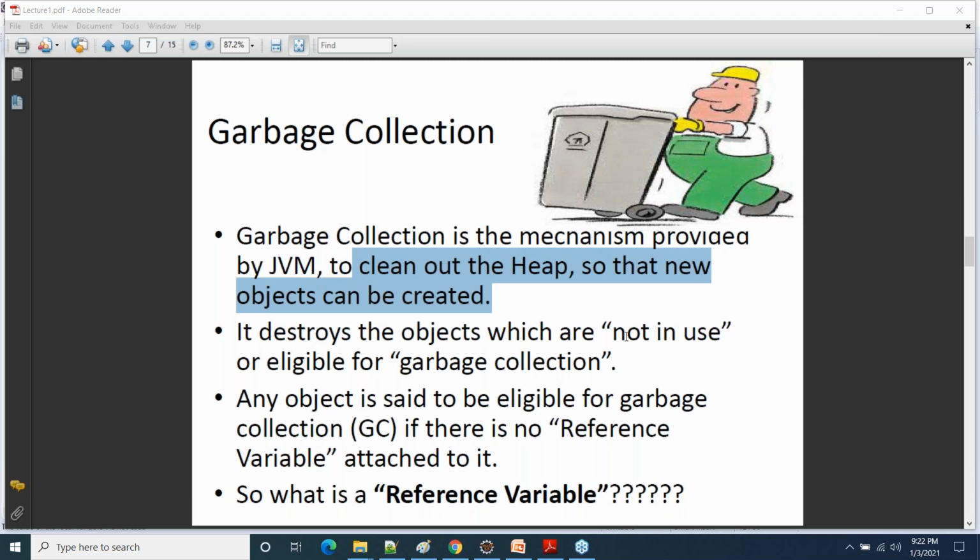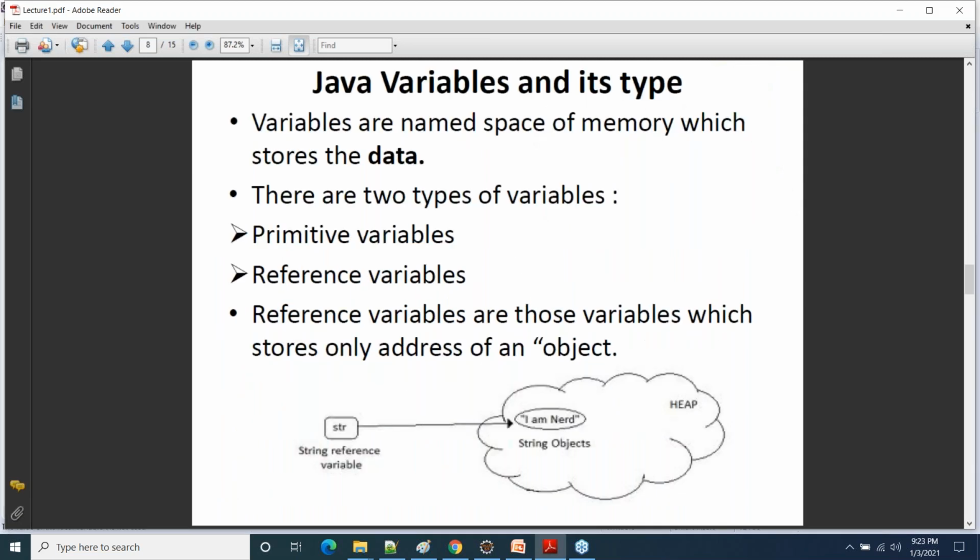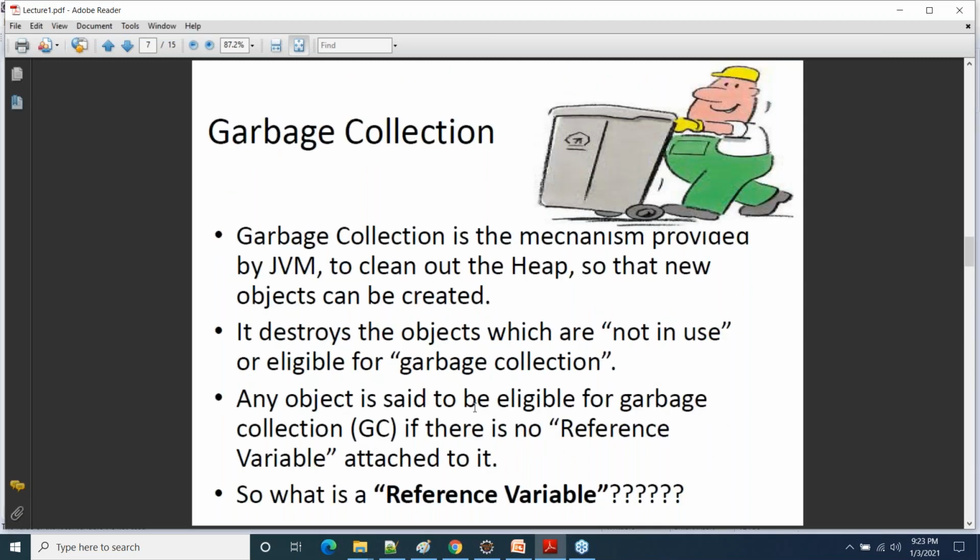It destroys the objects which are not in use or eligible for garbage collection. Any object is said to be eligible for garbage collection if there is no reference variable attached to it.